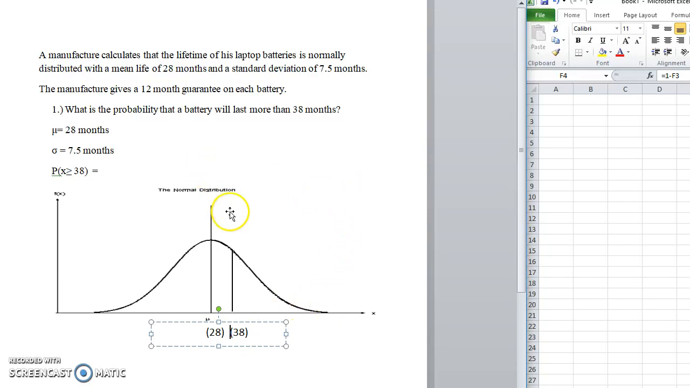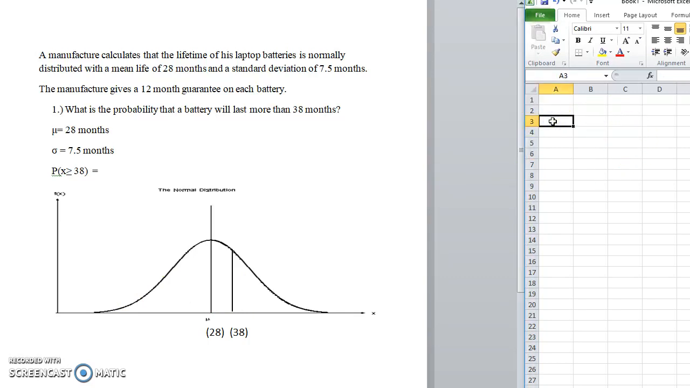And in this problem, what we're really trying to find is the area over to the right of this line that represents 38. And we know that the total area underneath this bell-shaped curve is 1, because the probability will always land between 0 and 1. And you can't have greater than 100% probability of something happening. So in order to find the area over to the left of the line representing 38, we can use Excel